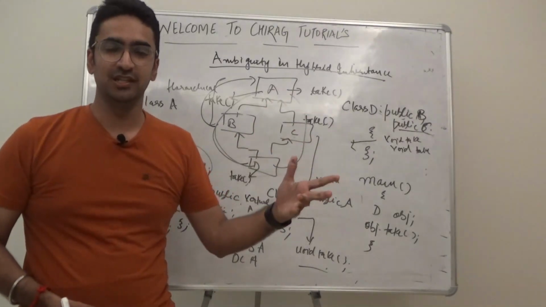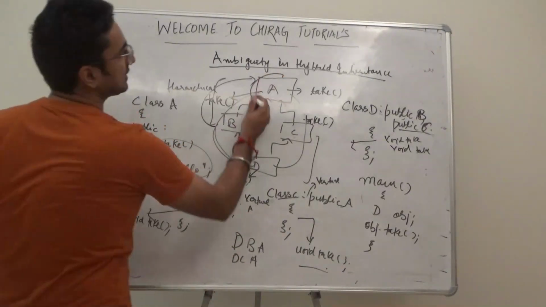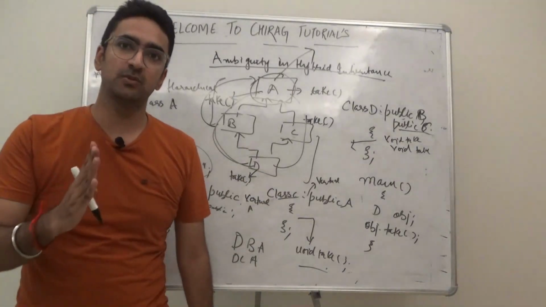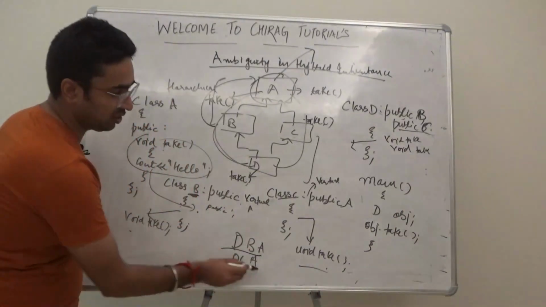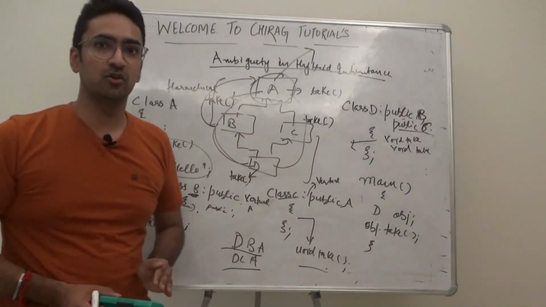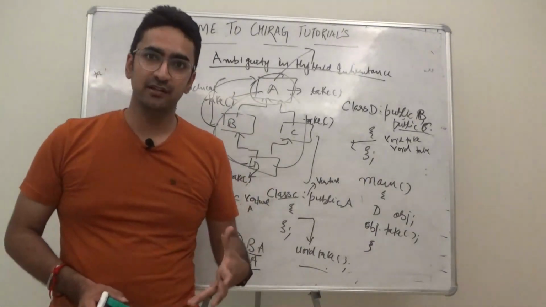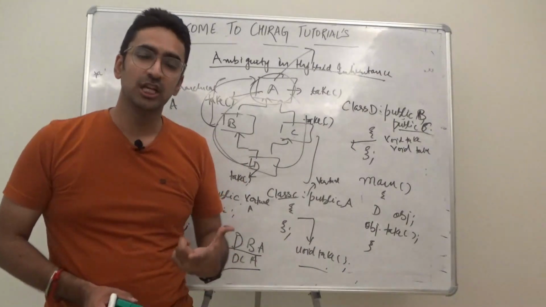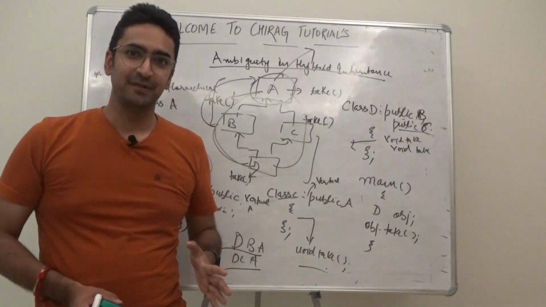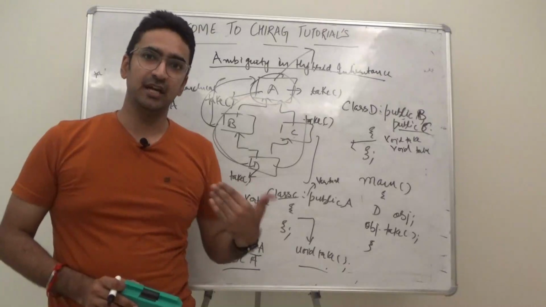So for that we use the concept of virtual public A. We are making this class virtual. It means that only one path will be covered, whether it is DBA or DCA, any path can be considered, and the take function is called accordingly, and it will not give an error. Because of these kinds of errors, we have never used a virtual keyword in Java. It's never there. So this is how it works out.